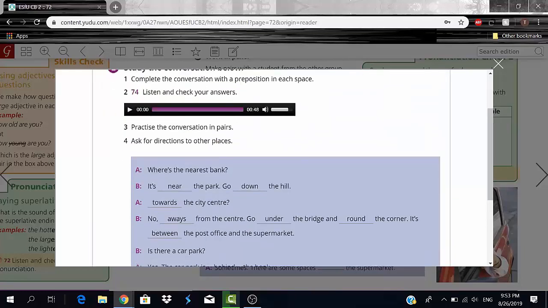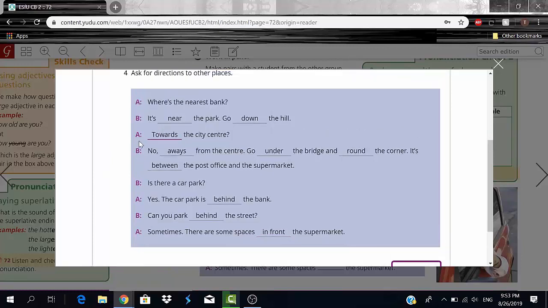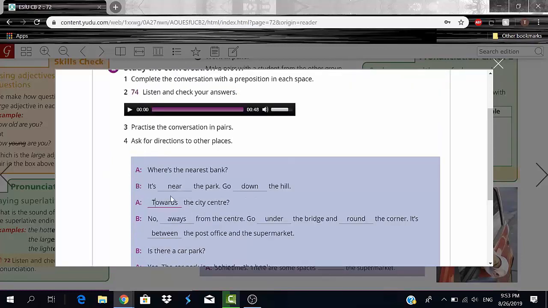Okay, you guys, so let me actually change this to a capital T because it's the beginning of a question. Now, let me read it for you. So, where's the nearest bank? It's near, preposition, the park. Go down the hill, towards the city center, asking a question.